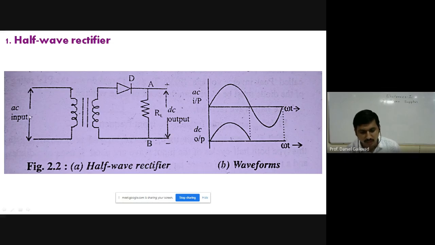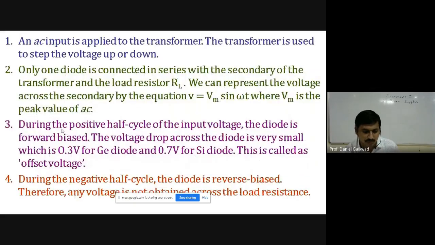So here the AC is converted into DC. If we check the waveform, it is obtained for the positive half cycle. As it is, we obtain the positive half cycle as output. But for the negative half cycle, there is no output. The output will remain zero for the negative half cycle. So what we have to write in the examination as the working of this circuit is given in simple points. Check carefully.